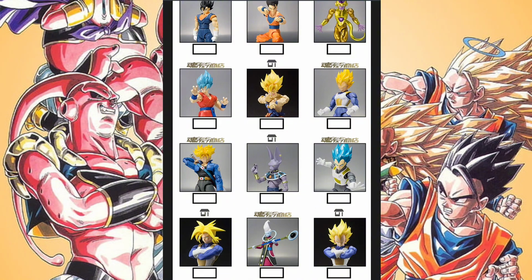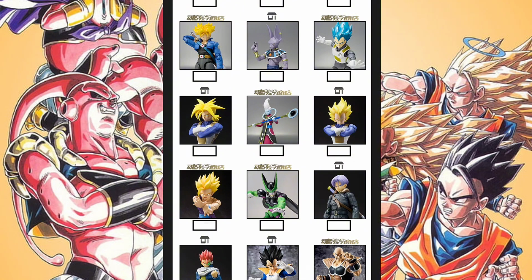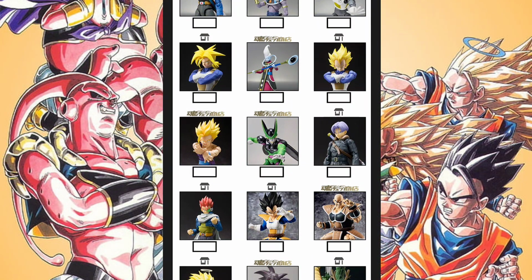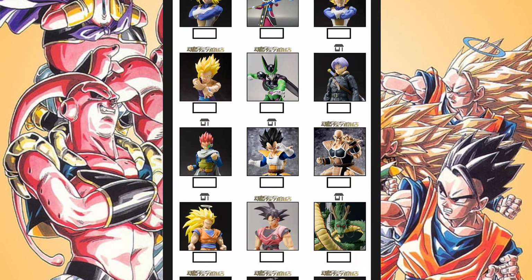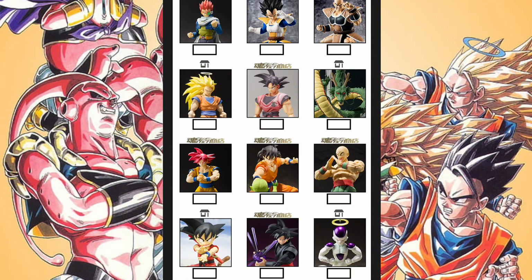And one could make the argument that sometimes it could be a trio of figures that go together. Like I was gonna say Super Saiyan Blue Goku, Vegeta, and Golden Frieza. Now that's more relating to animation, I would say. So Vegeta wouldn't really count too much there. Saiyan Armor Trunks, Vegeta, Battle Damage Gohan, Premium Color Cell, Time Patroller Trunks, and the Xenoverse main character 2.0, Scouter Vegeta and Nappa. Y'all see the general pattern here, right? Now some of these things feel like one-offs, like Super Saiyan 3 Goku. Kaioken Goku could be a trio with Nappa and Vegeta.